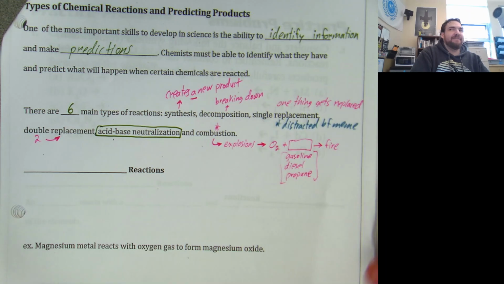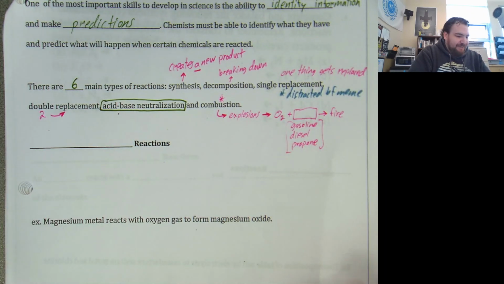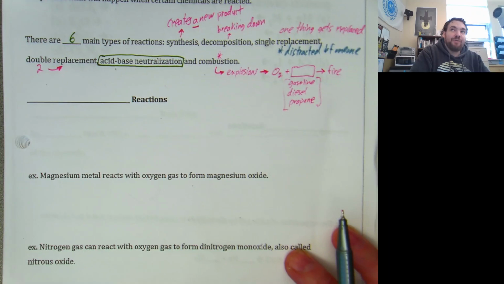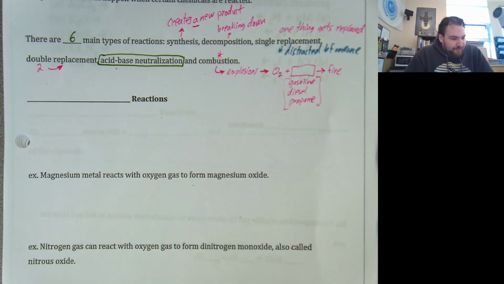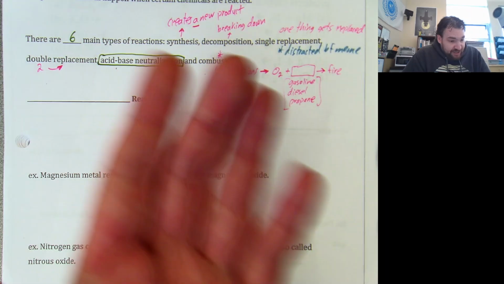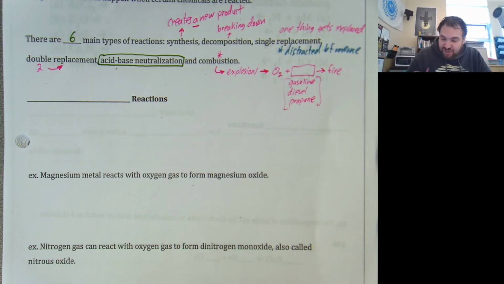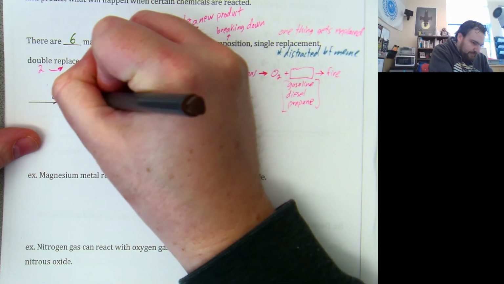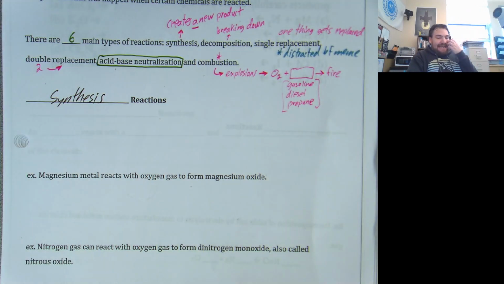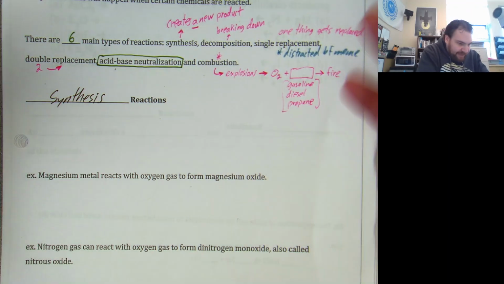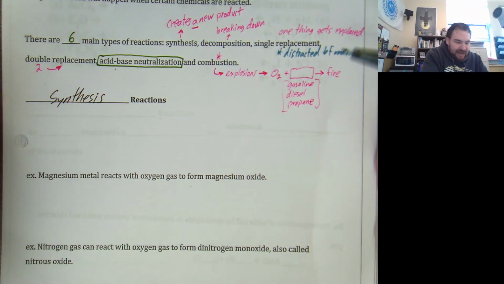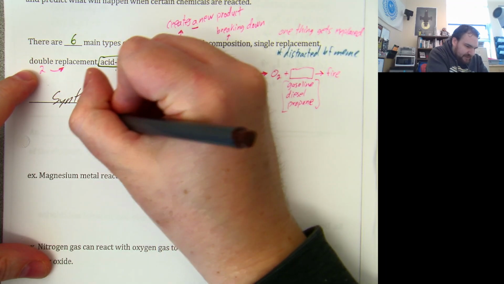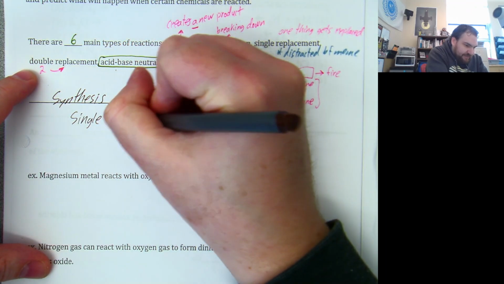Okay, well then we'll come back to that. Okay, let's talk about these reactions now in more detail. I'll go through all of them. The first, and we're going to go in order: synthesis, decomposition, single, double, acid, base, and combustion. Here we go. So the first one is synthesis. And the name is what's happening here. In a synthesis reaction, single elements